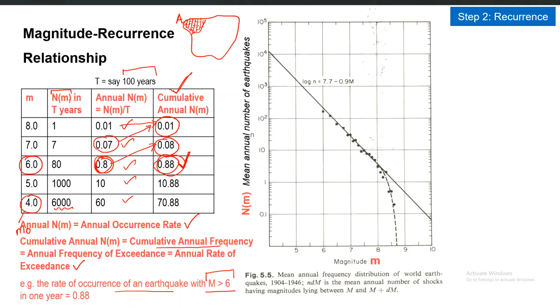So N of M is the number of events. When we divide it by the total duration and calculate the annual frequency or annual occurrence rate, it becomes number of events per year. Same is for cumulative annual also. So using this data for any particular seismic source zone A, we can construct this curve or this relationship. We can have the N of M, or mean annual number of earthquakes,